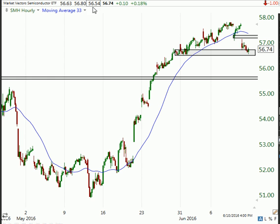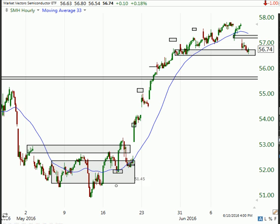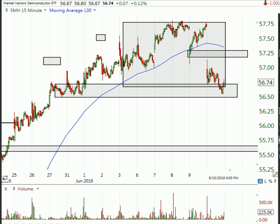It's been innocent till proven guilty for the better part of the last 3 weeks or so, once it really showed that pattern of higher highs and higher lows with a rising 5-day moving average. Stage 2 uptrend. This was stage 1 accumulation, indecision. This looks like stage 3 distribution, and possibly I think what we could see happen in these semiconductors is maybe rally back up here a little bit, get people confident again,